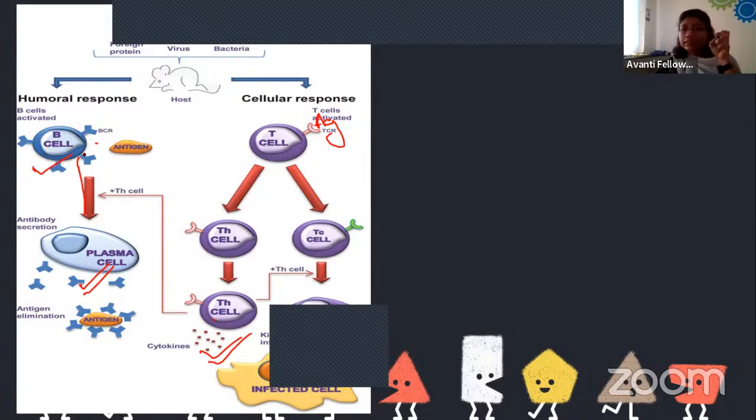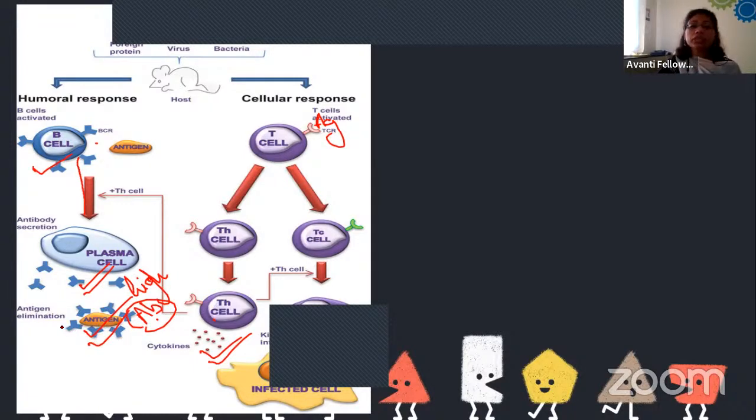Now look here, the B cell initially released antibody, but that is lower in amount. As soon as it got another strong signal, from where? From the T helper cell, then it started producing a high amount of antibody. Now we have a lot of antibody. Now these antibodies start circulating in our body with the blood. These antibodies which are found in the blood, and which encounter the antigen to eliminate it,